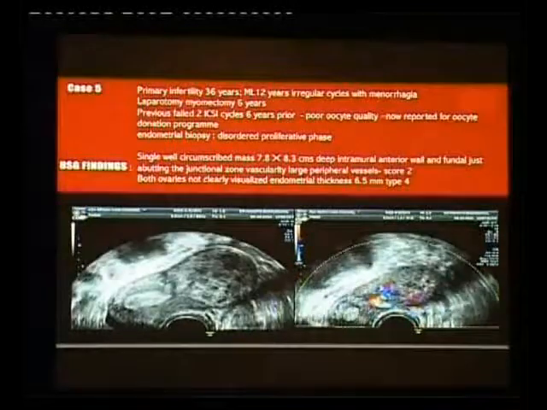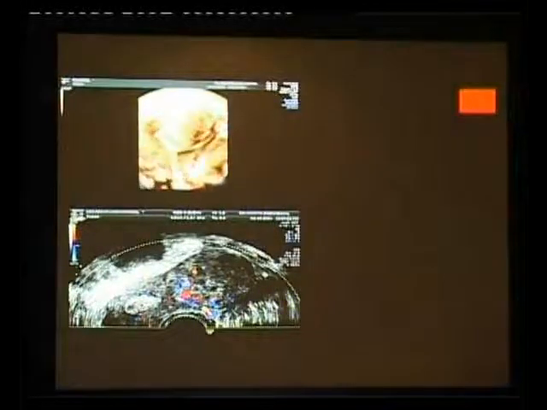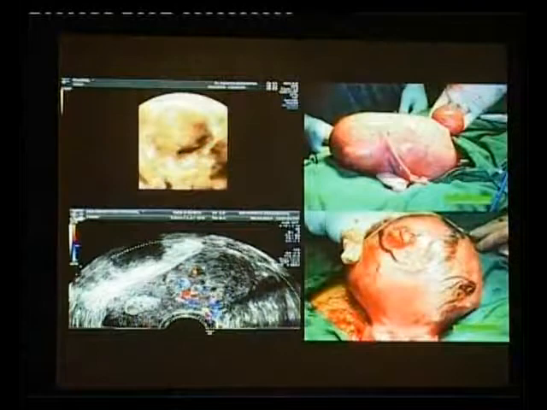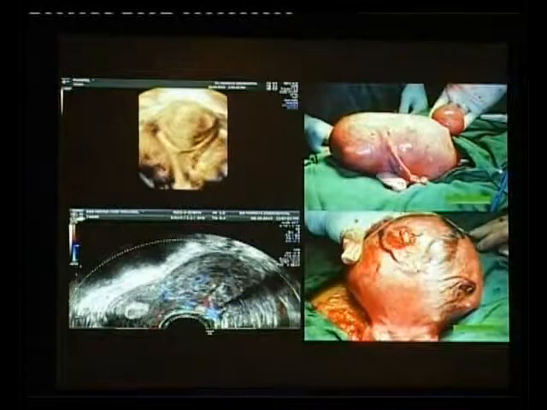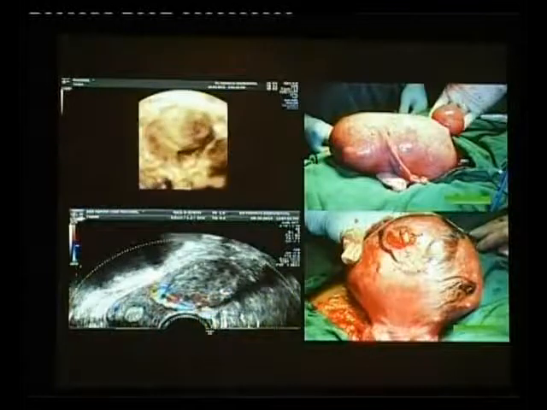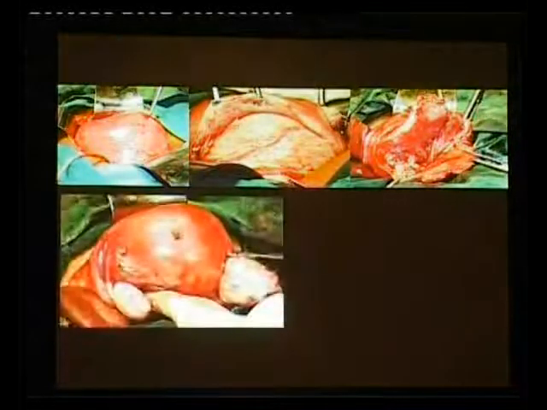Both ovaries were not clearly visualized because of the mass. We went ahead with reconstructing it with fancy pictures, but when we do these fancy pictures and see it exactly the same on a laparotomy, it really feels very good. We then went in for a laparotomy because it was a 7-centimeter tumor, and a previous myomectomy we anticipated adhesions. So in the laparotomy, what we saw was a well-delineated tumor, and we sutured it in 2 layers, and we